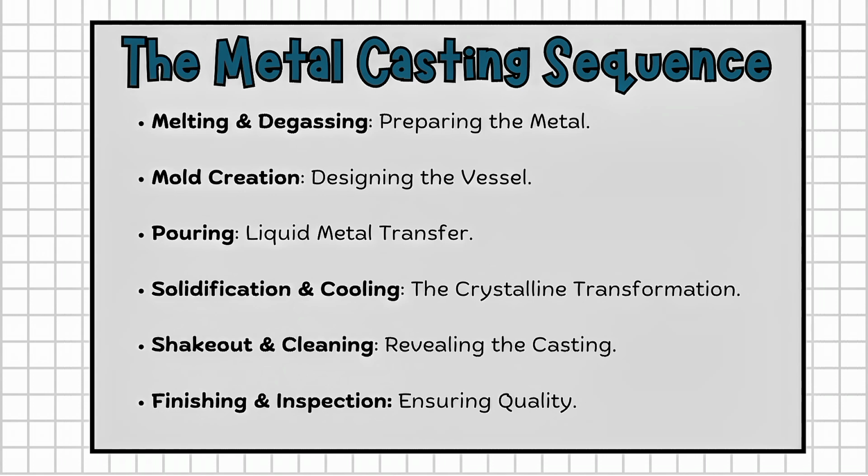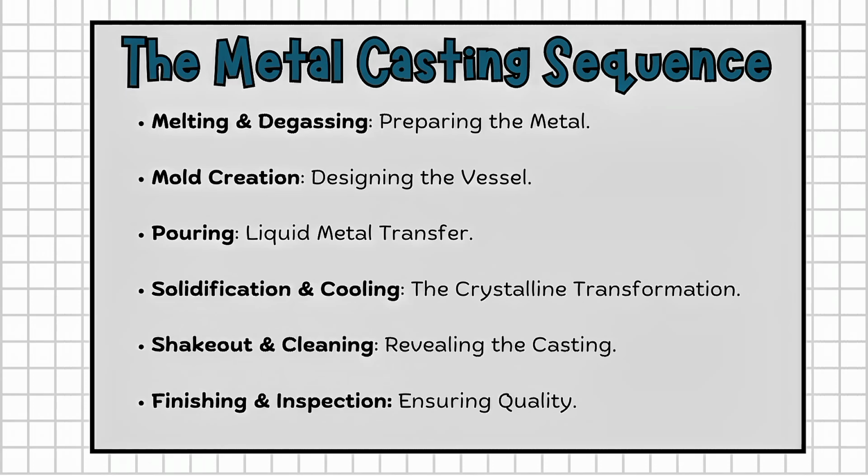Next, mold creation occurs, preparing a mold based on the desired shape of the final product. The liquid metal is then carefully poured into the mold, followed by solidification and cooling as the metal cools and hardens. After cooling, the mold is broken during shakeout and cleaning,